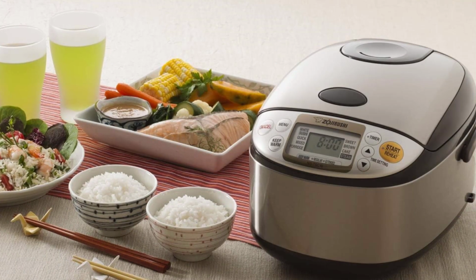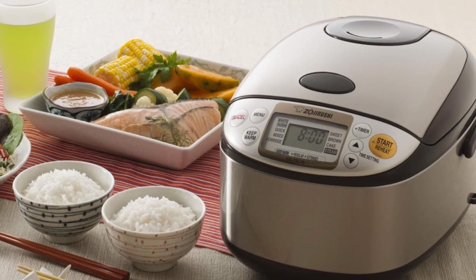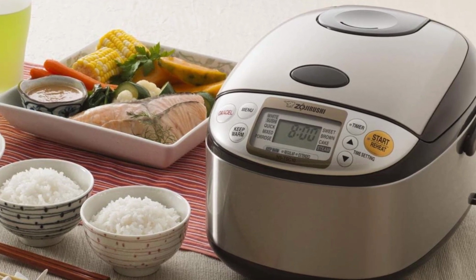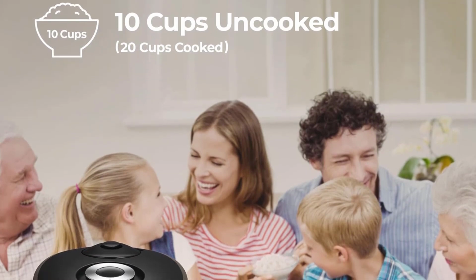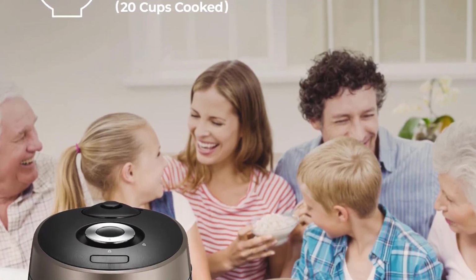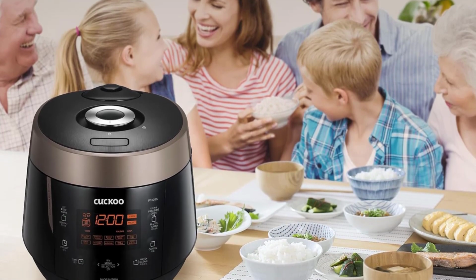I eat rice multiple days a week, and used to exclusively make it in a pot on the stove. It's a deceptively easy task. Measure, rinse, add water, simmer, steam, and less than a half an hour later, you're done. And yet often, no matter if you're an amateur in the kitchen or consider yourself pretty accomplished, the final result